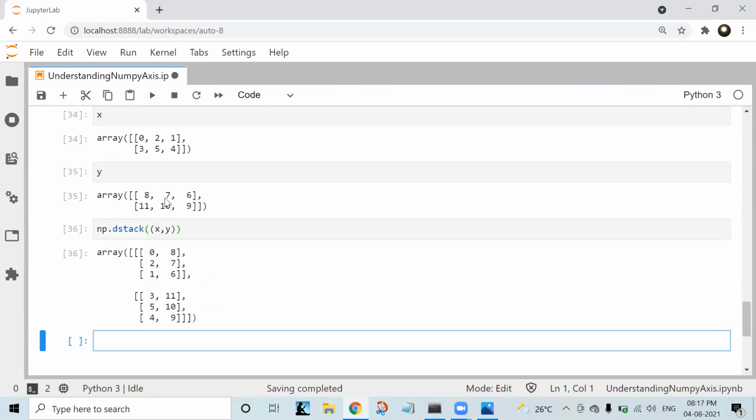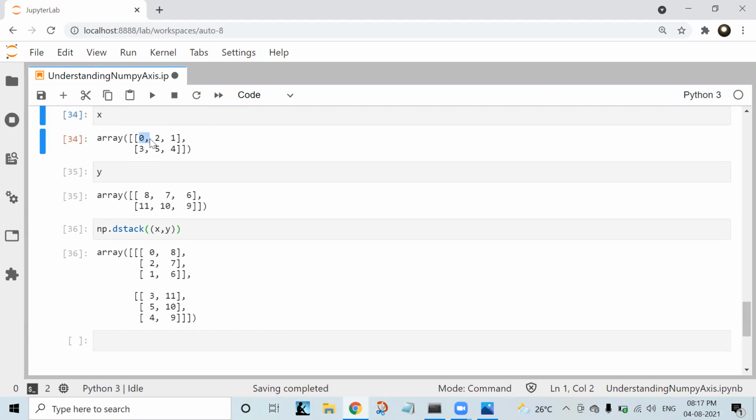So it will take 0, this one, and then this 8, depth wise. So 2, 7, 1, 6. Okay, and then 3, 11, 5, 10, 4, this one, and 9.